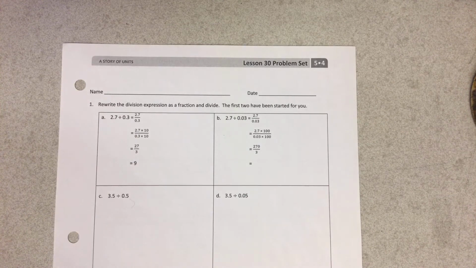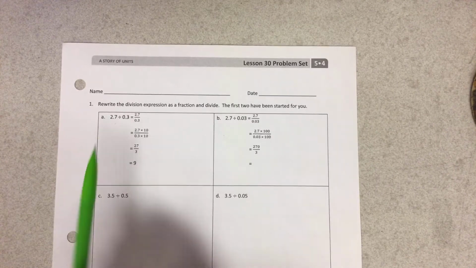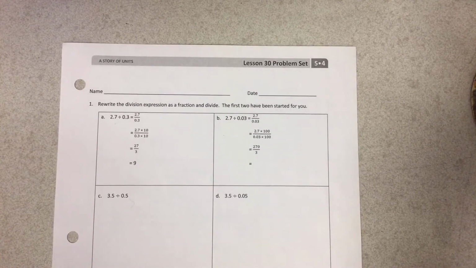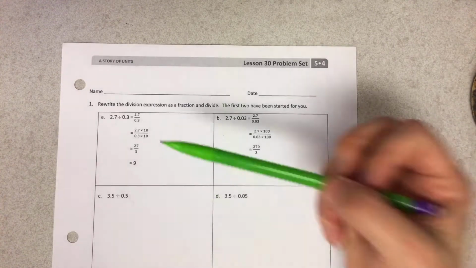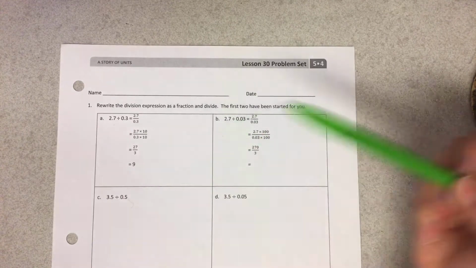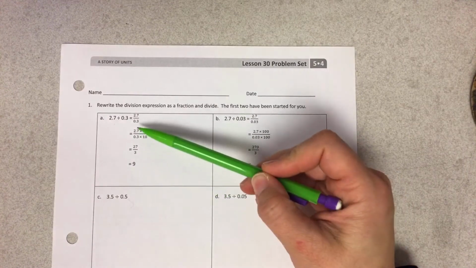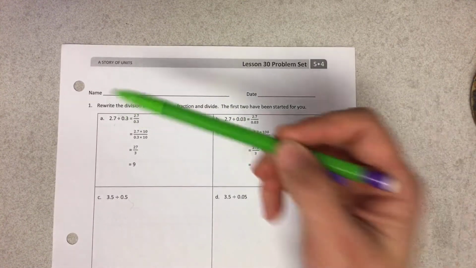So what we want to do is convert the numbers that we're dividing into a whole number, which keeps the answer the same, so it doesn't change anything. But what we do to that top number, we have to also do to the bottom number. So when we do this, and you'll see this on letter B, but on letter A, we